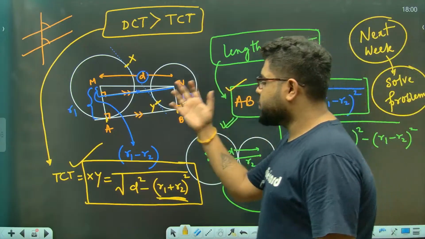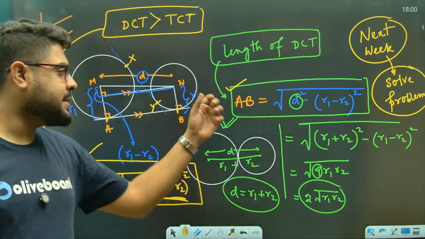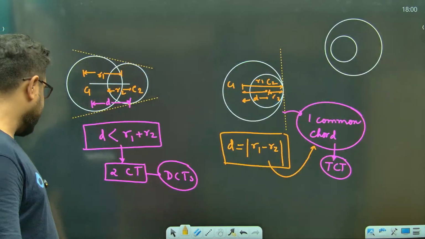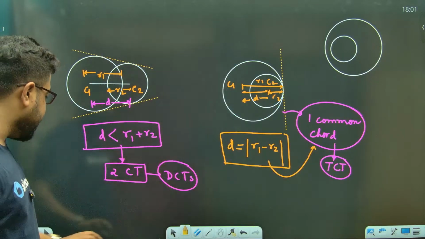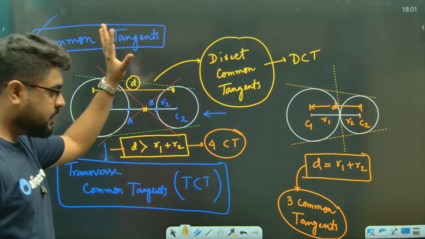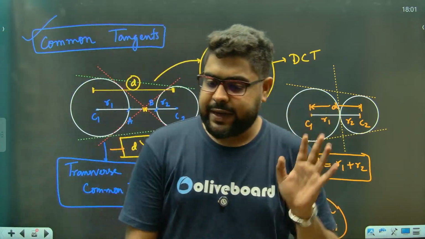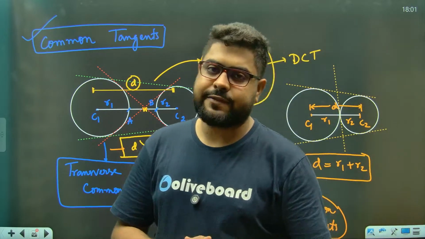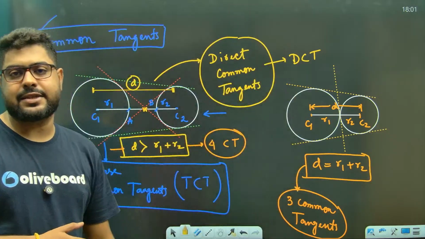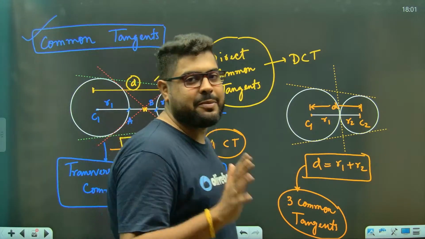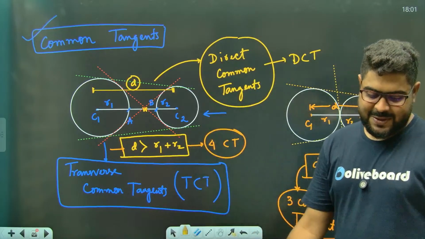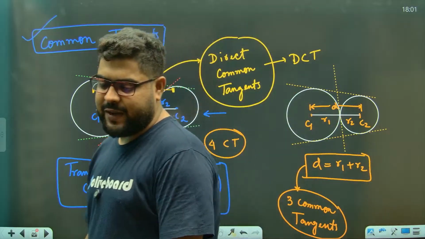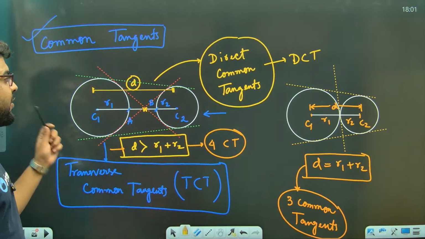But again, this is all about your length of DCT, TCT, and everything. So I've shown you each and every proof here. Because for typical questions, first things first, understand these things, very important. In 2022 CGL, I guess there were 5 or 6 questions in 5 or 6 different shifts, just based on how many tangents can be drawn. 2022 में उन लोगों के दिमाग में वही चला था कि कितने tangents हो सकते हैं बताओ. So they just asked only these questions. Perfect, sir? So that will then be all for the day.